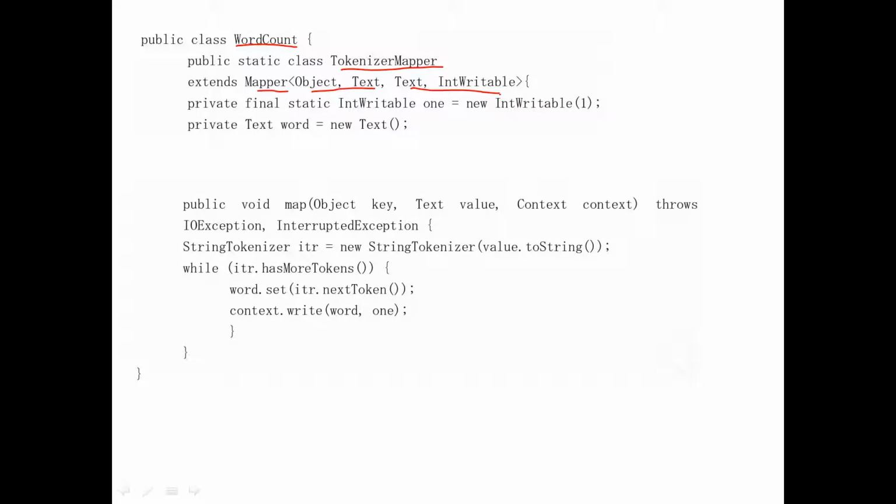Okay, 4 attributes. So what is object here? Object is nothing but the address of the given text, where that text has been stored. Your text is nothing but a key value pair. You know, key value pair, like this it will be stored. There will be a key, there will be a value.